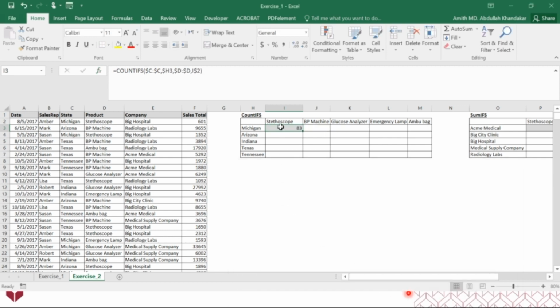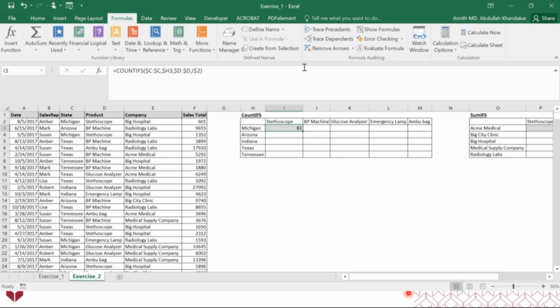Once this is done, we can confirm the dependencies by going to Formulas and Trace Precedents, which shows that this cell uses I2, H3, column C, and column D. We remove the arrows and we will copy it